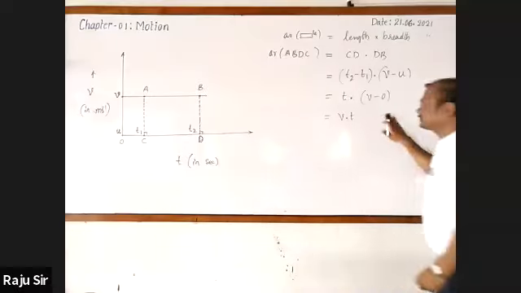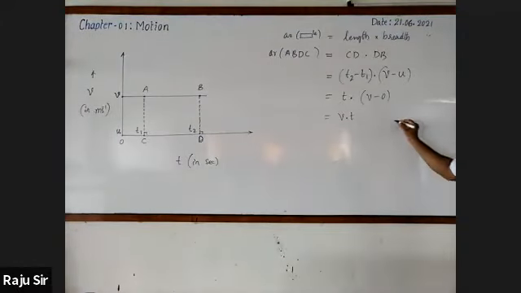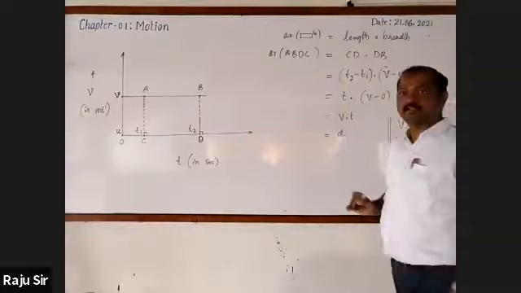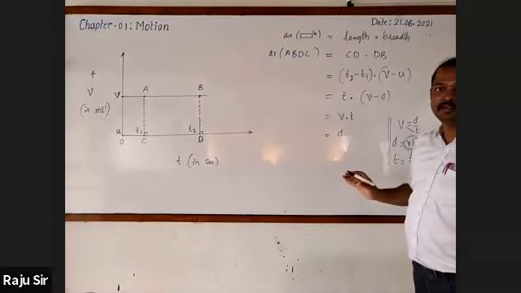Now, dear students, you all know the formula we use to find speed: V is equal to D by T. Then D is equal to V into T, and T is equal to D by V. Here we have VT. So in place of VT, what should be written? Distance. Followed? Yes, sir. Look here.